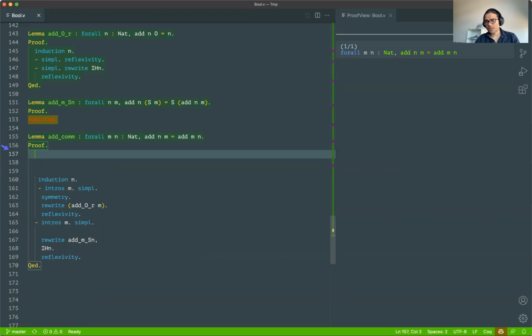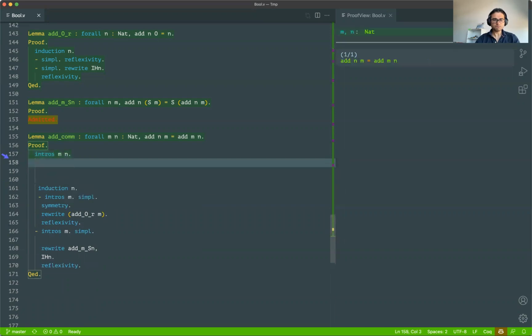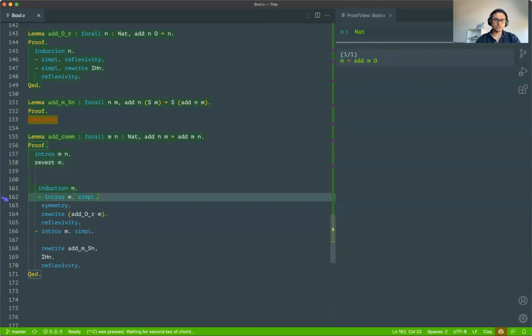And I want to do induction on N. So I can do intros M N, and then the keyword is revert M. So you see it pushed M back into the goal,